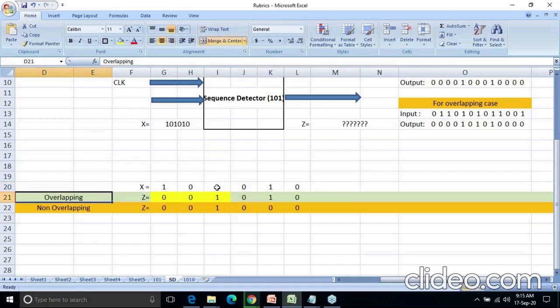Now overlapping means this last one, because I have detected the sequence and this last one is acting as the first one. So can I consider this as the last one and also the first one? Because if I have this as a sequence 101, and again I am searching for that sequence, I can take this as a second sequence. If I am taking this as an overlap, before what had happened? I had taken this part, and I'm highlighting it.